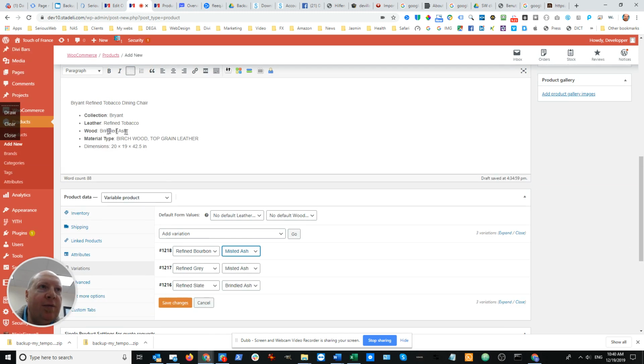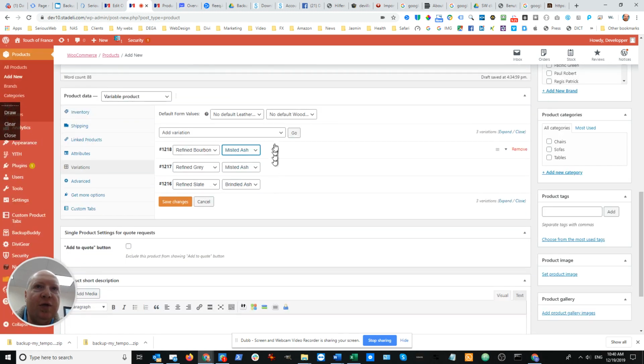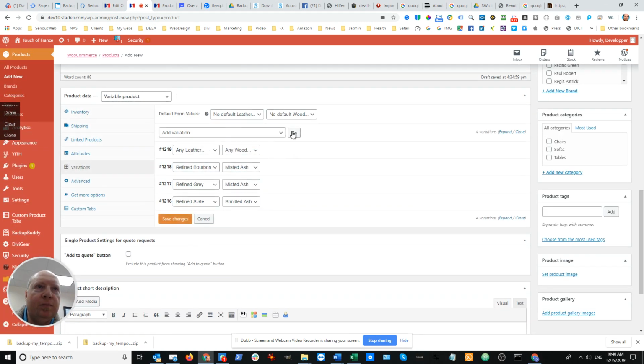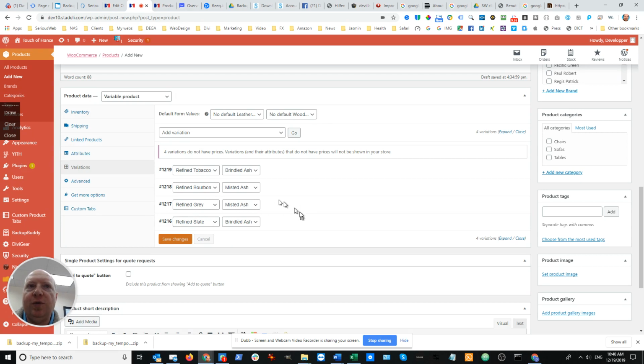And then it's refined tobacco brindled ash. So we have 4 different variations